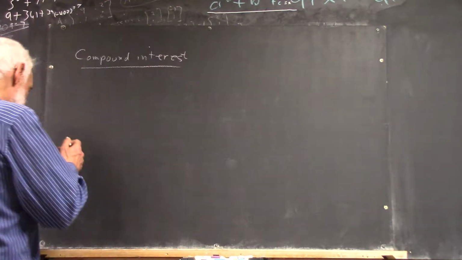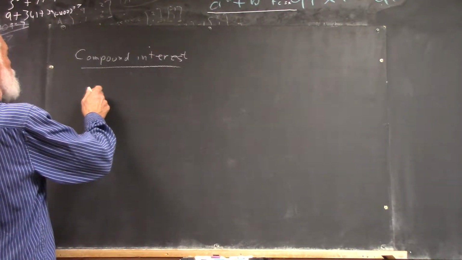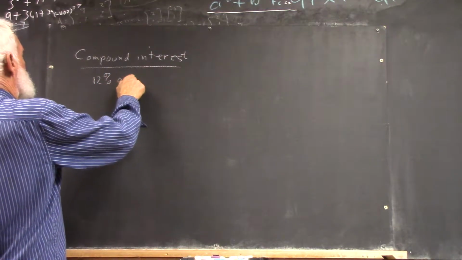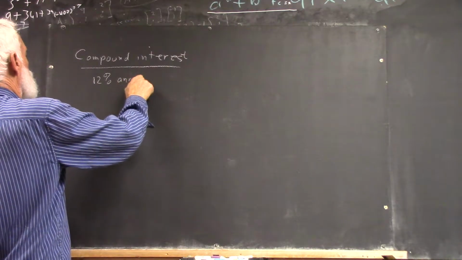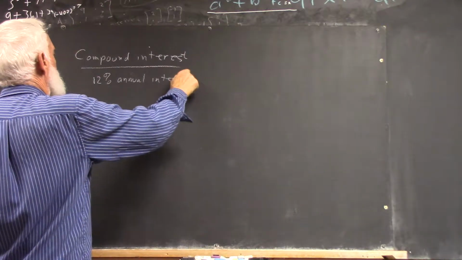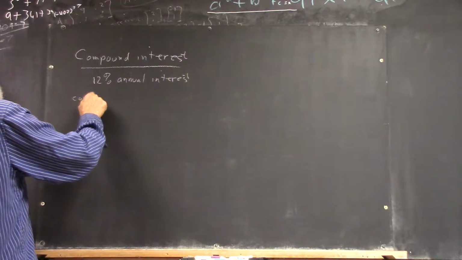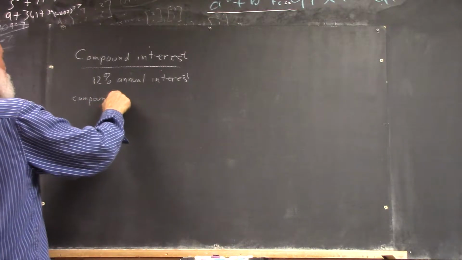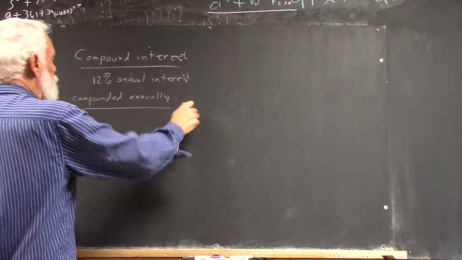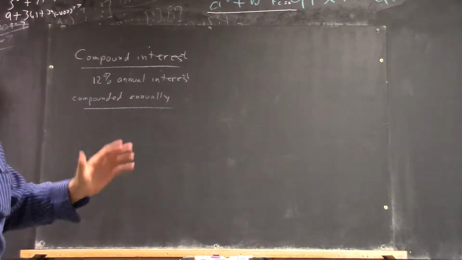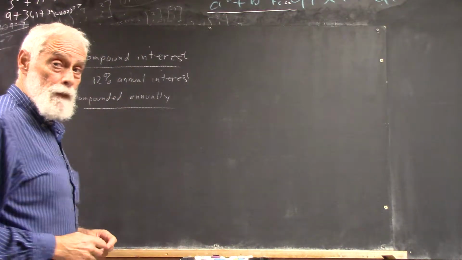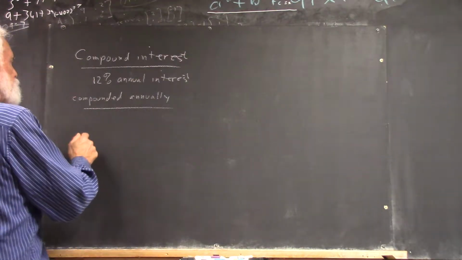Okay, compound interest. Let's say we get 12% annual interest and it's compounded annually as opposed to just, well, we'll look at the alternative, but okay. What does it mean? Okay, well, let's say I give you